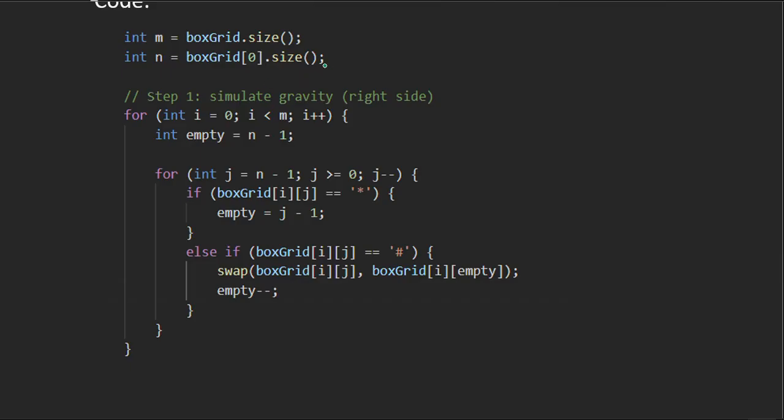So in the code part we have taken the number of rows, and then we have taken the number of columns, and then we have tried to simulate the gravity, right? So we have gone to each row, and then we have taken the last block as the empty block, and then we have iterated over all the columns of that particular row, and then we check if the current element is an obstacle, then we update our empty block to the